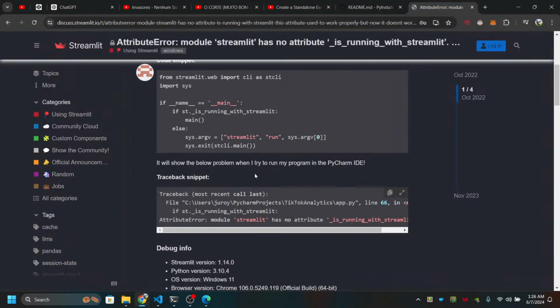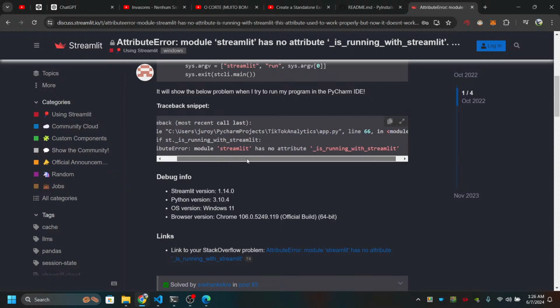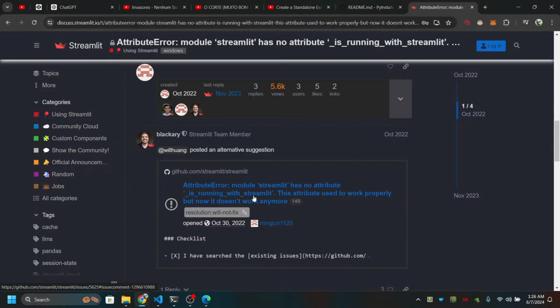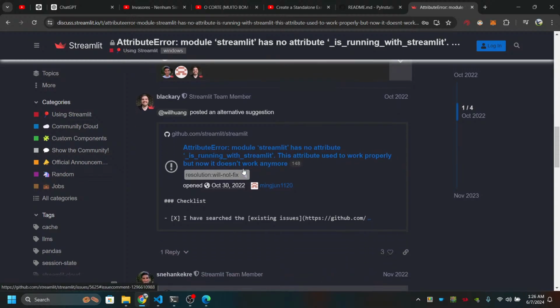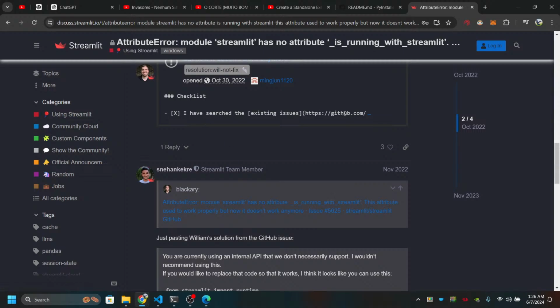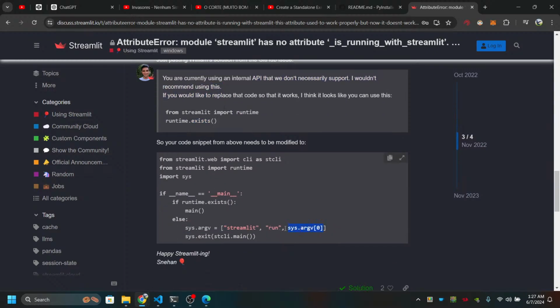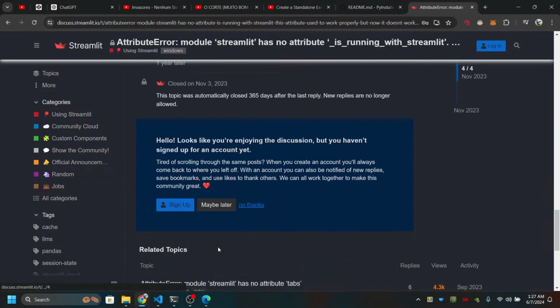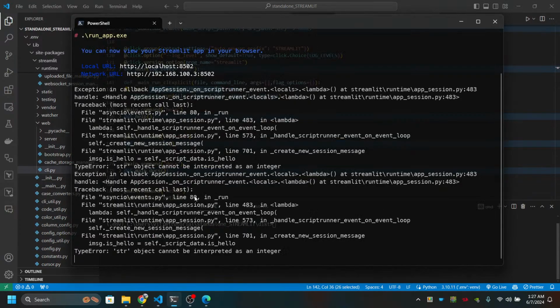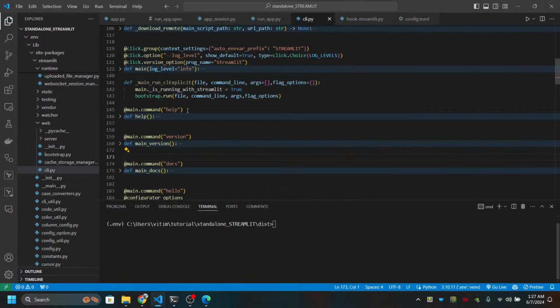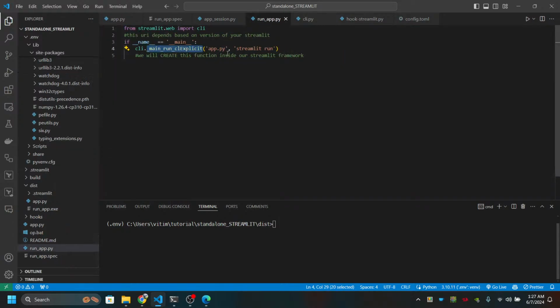Yes, probably. No. So it's saying that the object cannot be concatenated with an integer because command line here is replacing command line string run, and